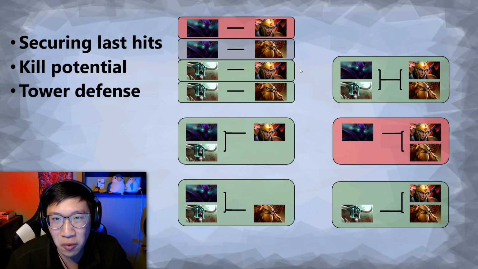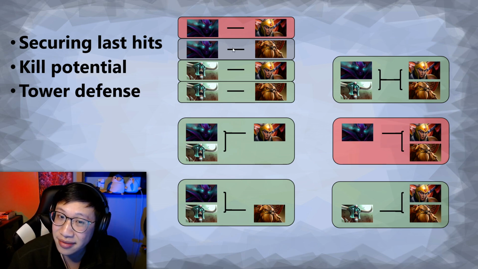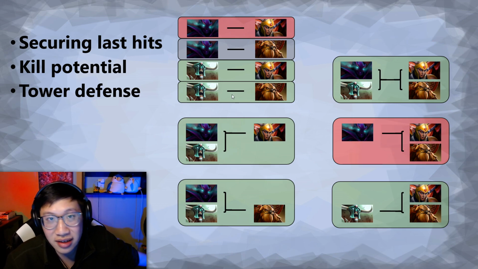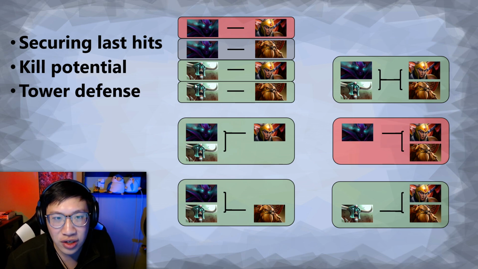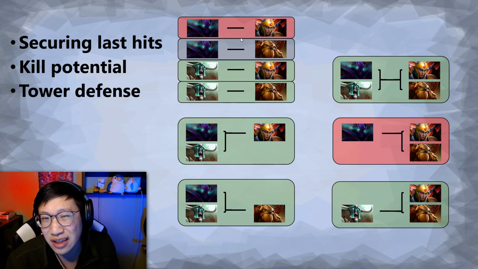Can we get some one-on-ones? Because even though we'll lose Earthshaker to Undying, Spectre to LC, that's good for us. So this is when you would see Earthshaker do something like pull the creeps from behind the tower, pull them all the way around, and force Undying to chase him. And then it becomes a one-on-one. And Undying is faced with this decision. If he knows we lose the one-on-one,